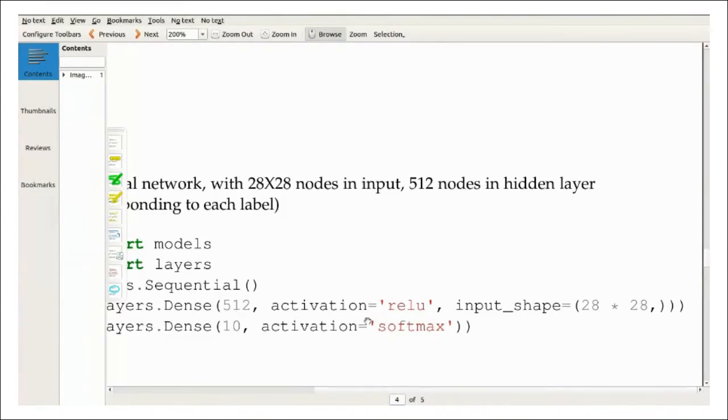These two are important things. And if it is the first layer, that is the first hidden layer, we have to specify the input shape. The input shape will be 28 by 28. Here each image is represented as a 28 by 28 image. So 28 into 28, 784.